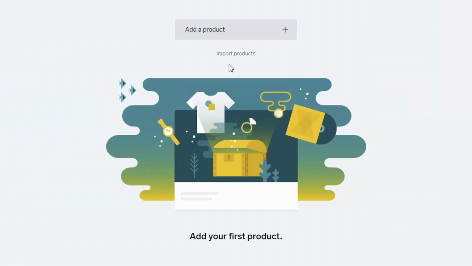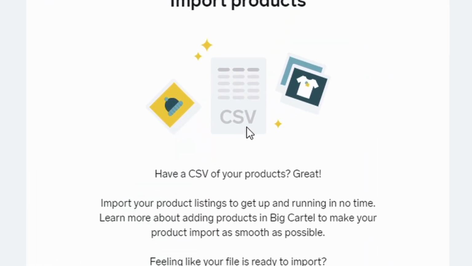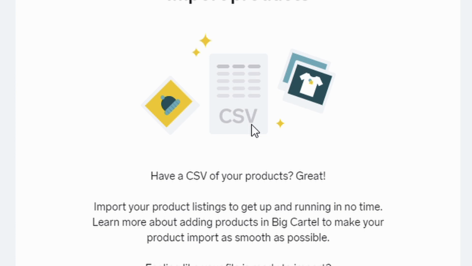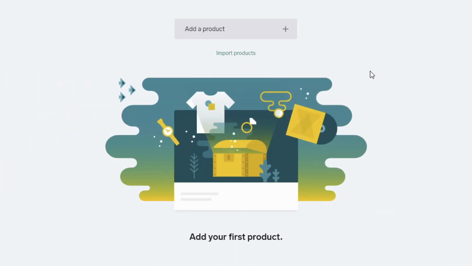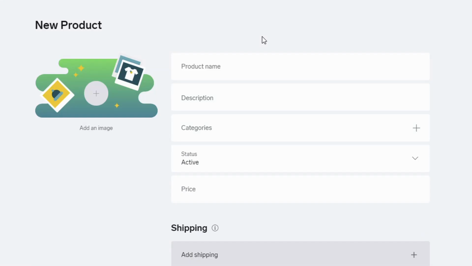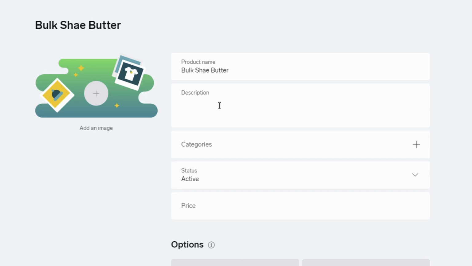From here it says if you've previously had a website, you can import products, but we're just going to go ahead and create. Importing products is just to show you that if you have a CSV file with the product's name, the product description, the product price, you can upload it here. The next step you want to take is add a product's name. So I'm in skincare, so I will say bulk shea butter. Description: soft